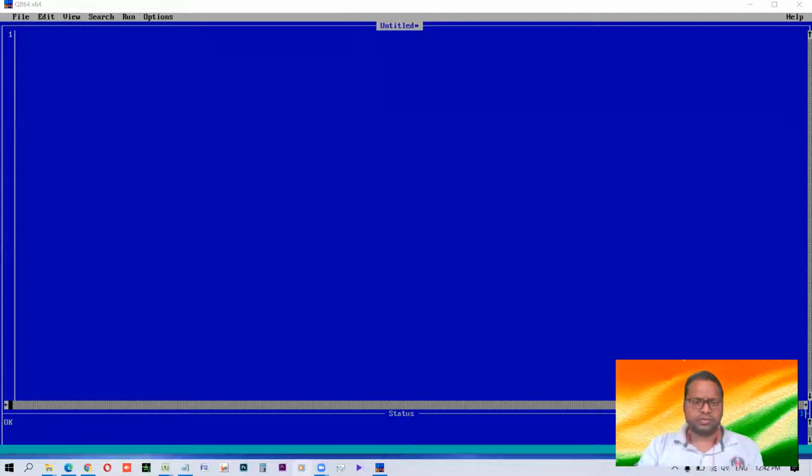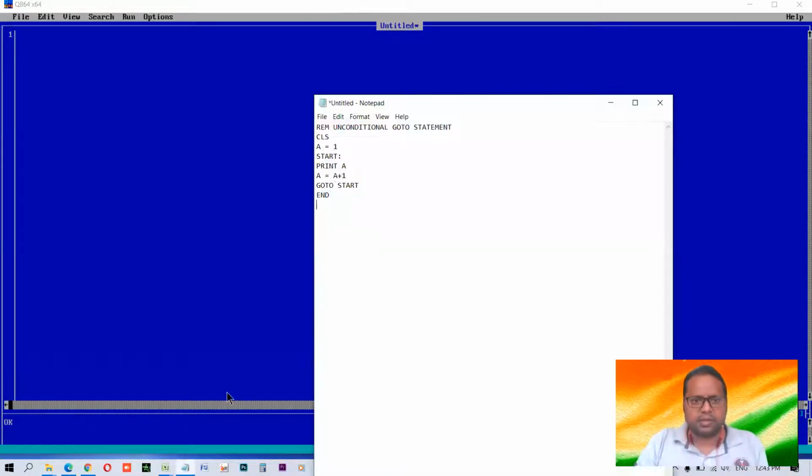Go to means simply what? You say somebody just go to that place, sit there, or go to that room and bring something, or go to there. The same way here also, the go to statement instructs the flow of execution to any specific point. Means from wherever we want to execute our execution, we can give a go to statement and that will let you go there. Now how? Let us learn this with the help of an example.